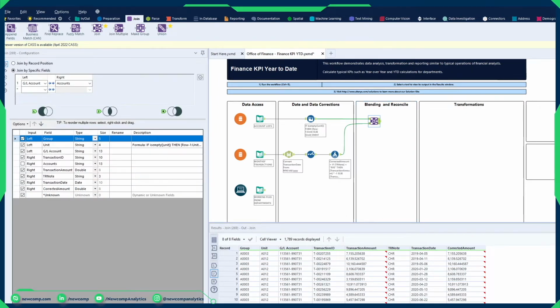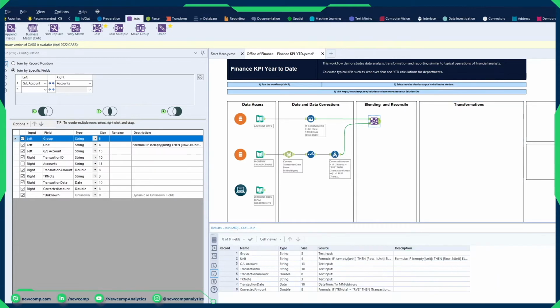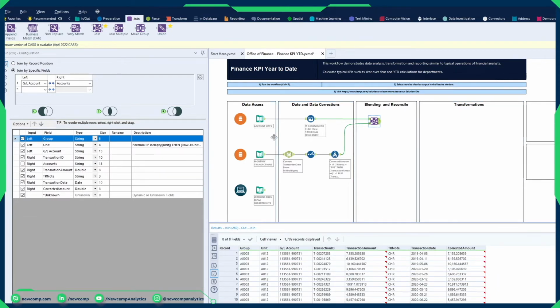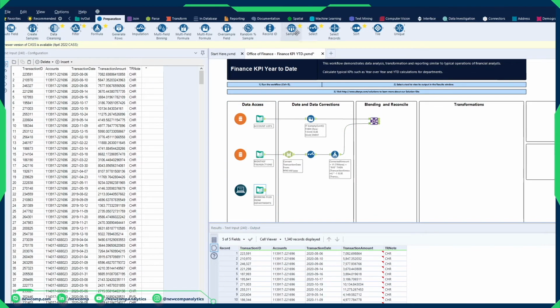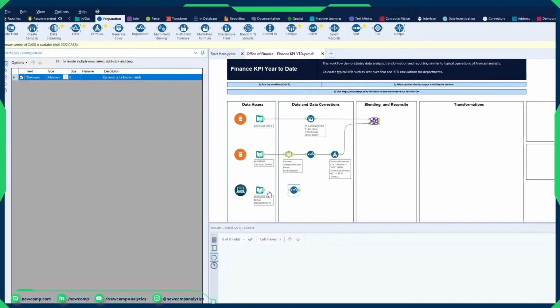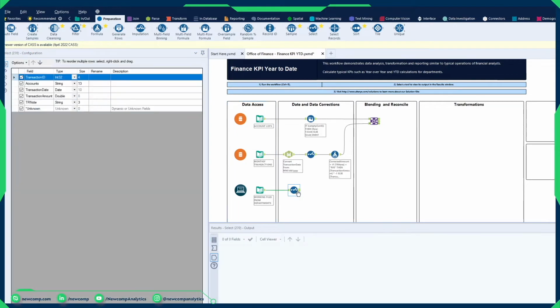So I said one of the things that they want to do is actually reconcile this data. Not an issue at all. Let's go about doing that. And again, go to my preparation palette here and bring in a select tool. One of the things I noticed is that a few of the data types are different between our two sheets